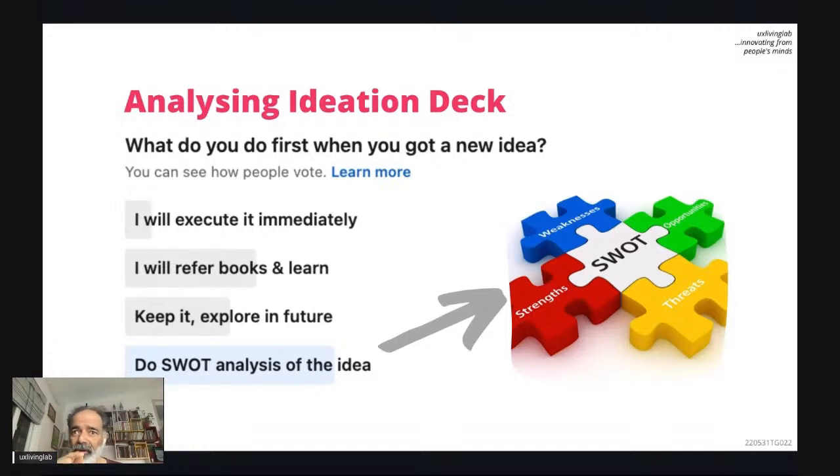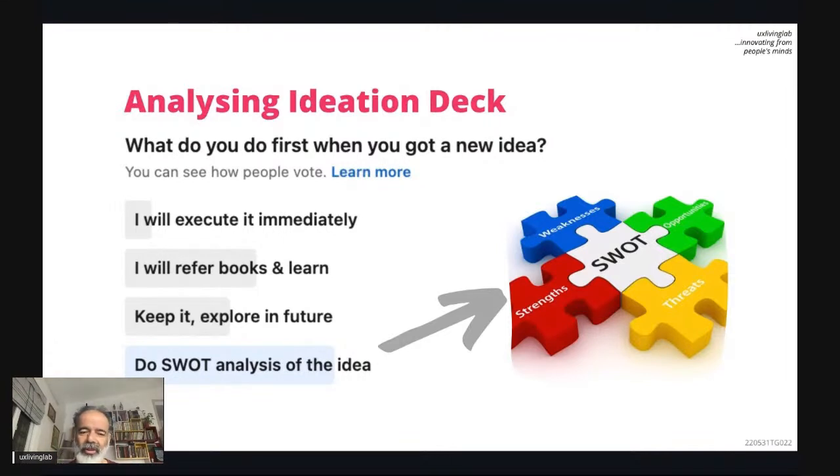Are you knowledgeable enough to do SWOT analysis? That's my question. SWOT analysis is an expert job. Strength, weakness, opportunities, and threat. You are analyzing these perspectives on the idea you have. That means you have a new idea, and you are going to do SWOT analysis. It means you should be an expert on that, or you should have knowledge on that. Being an idea that is new to your mind, I am 100% sure that you don't have that knowledge.